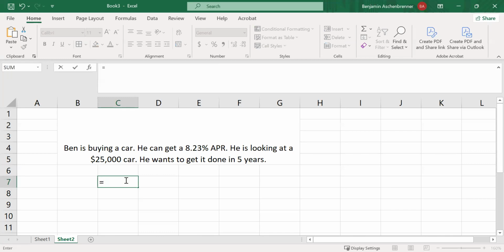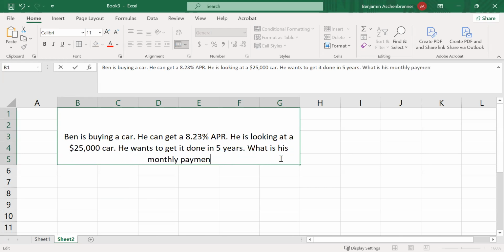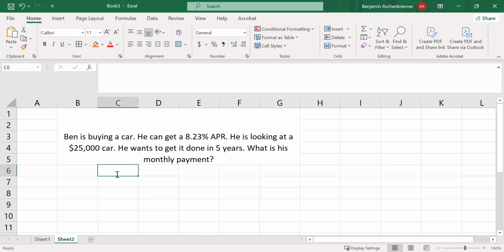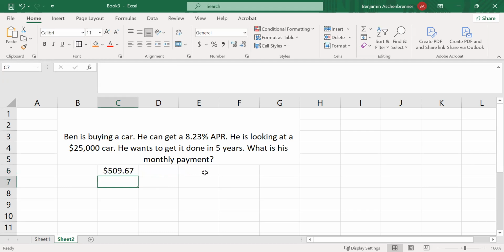I know that what I'm looking for is, well, I actually didn't say it, but I already know because I'm writing the question: what is his monthly payment? So equals PMT and then the 8.23%. Often you'll be able to use cell references here because you'll have the information organized, but if you don't, you can type it directly in. 5 years is 5 times 12 number of months, or I could just write 60. And then this last one is minus 25,000. Very important. Don't put the comma here because that confuses Excel and it'll give you a weird answer. So this is $509